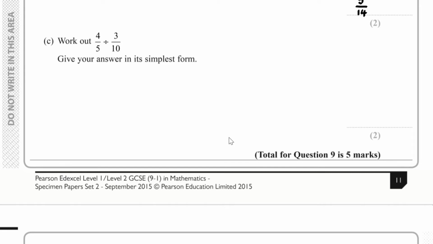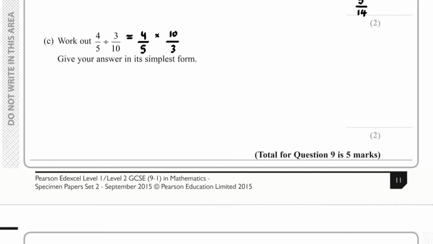For part C, we have to work out 4/5 divided by 3/10. We have to give our answer in its simplest form. Well, if I'm dividing fractions, I've got 4/5, I would have to multiply by the reciprocal of the second fraction. So I've got 4/5 multiplied by 10